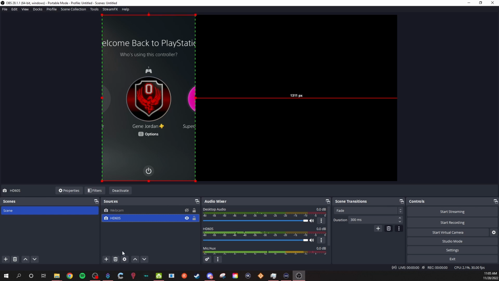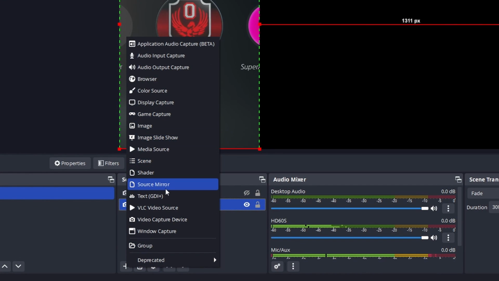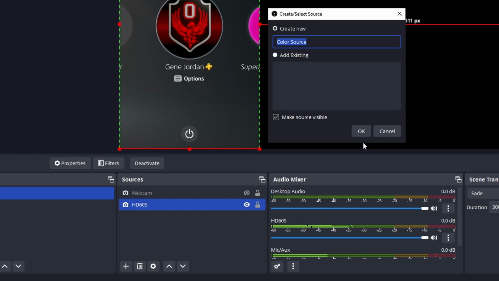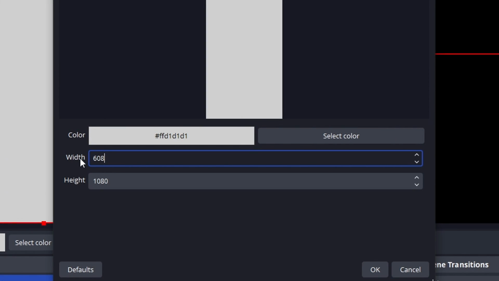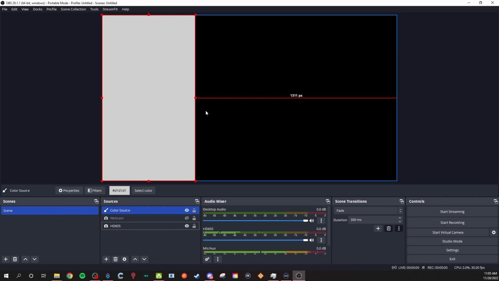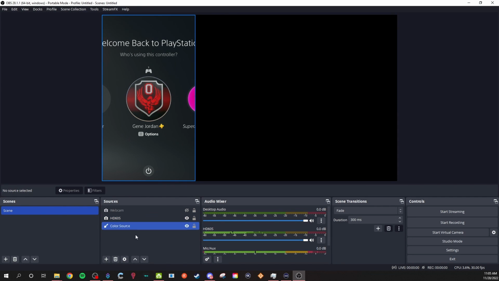The easiest way to make sure you can do this and make sure everything fits is add a color source. You don't have to name it anything special. The width would be 608 by 1080 and hit OK. This can act as a template then. This will tell you what the size is, because if we bring this down below the game capture, you'll see